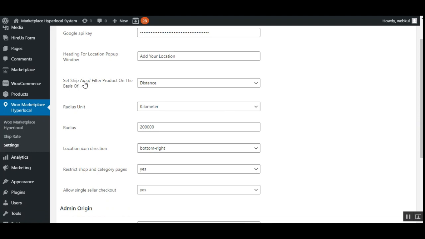Then we have set ship area, where we can set up the filter for products. Here the admin can set the ship area, or the filtration of the products, on the basis of distance, or city, state, province, and country. So if the distance is chosen, then in this case